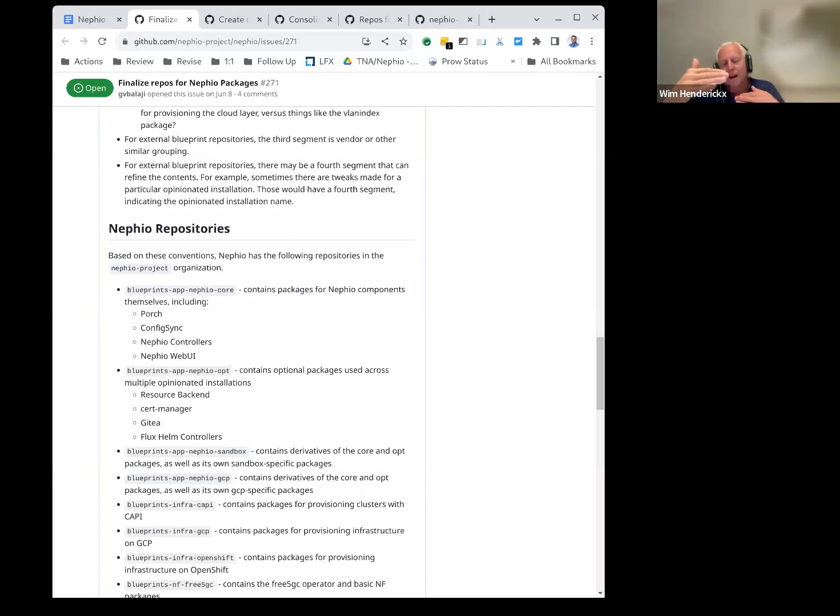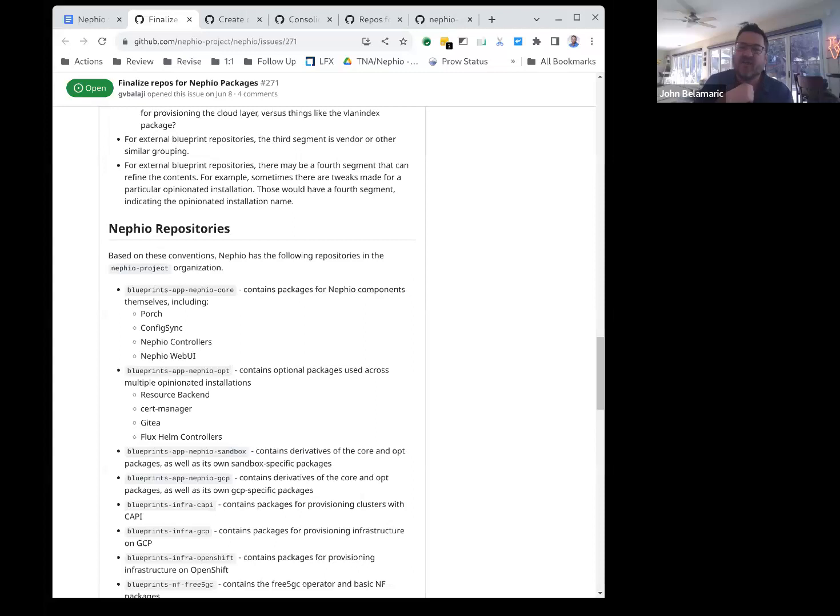So I would do one repo with all of these blueprints, probably infra and apps, split in config. Then GCP, OpenShift and Sandbox could be a separate repo or another subdirectory, which picks pieces from these, and maybe some are not applicable in other ways.